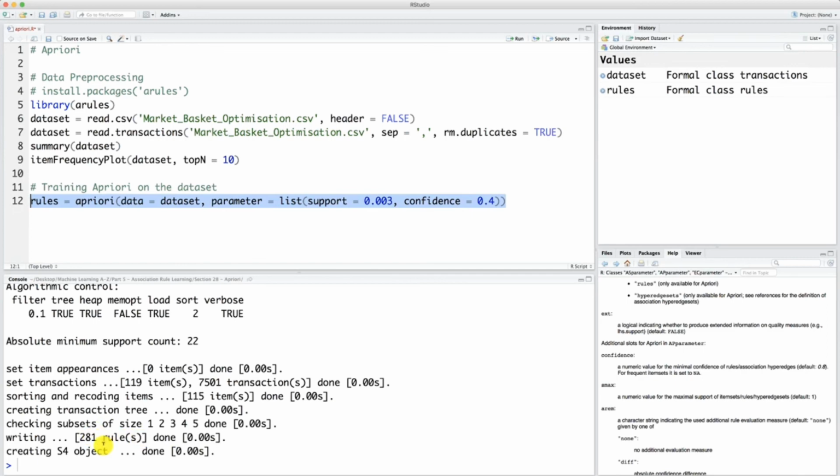So that's a relief. And now, of course, what we're going to do is look at the rules themselves. We're going to visually see what the rules are. So we're going to see exactly which products should be placed next to each other, and we will see the strongest association rules. We will see what product customers purchase if they buy another product. So we will see all this very explicitly, and that's what we're going to do in the next tutorial. So I look forward to discovering these rules with you, and until then,